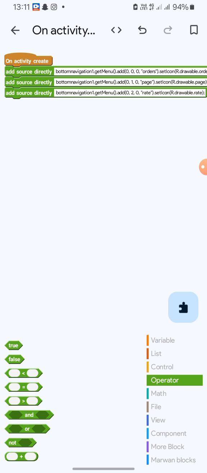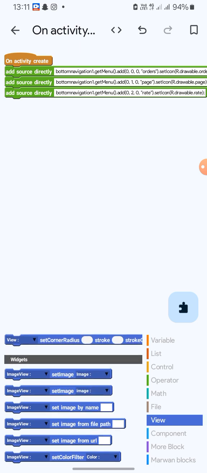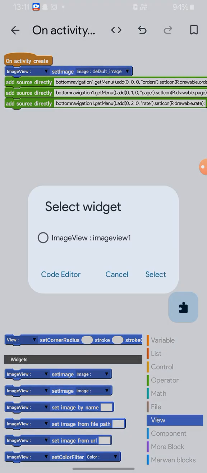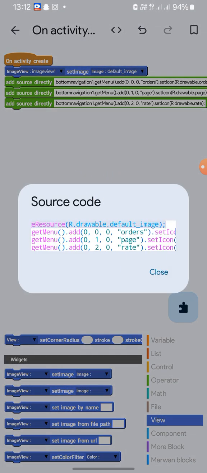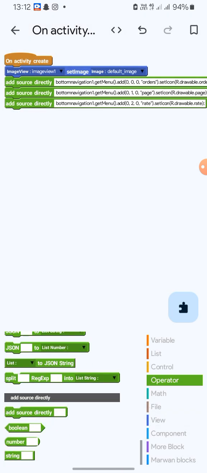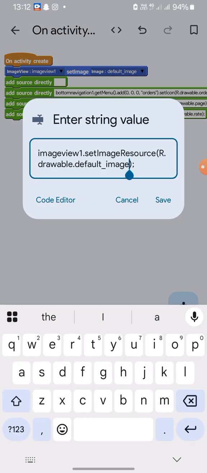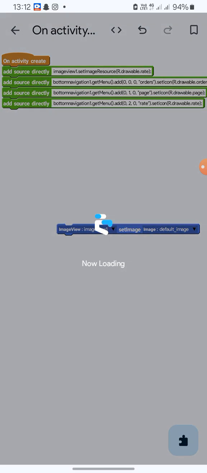Now to use it for our image view, so to not waste time, you can just extract the code from this block. You just need to extract the codes used here. Then we just get the first line of code, copy it. So this is how to use the codes from a block. So let me just use a rate icon. All right. So for clarity,